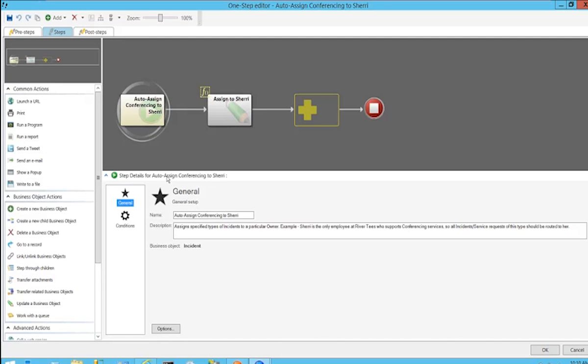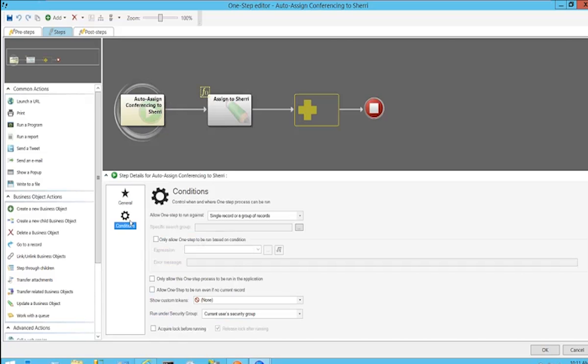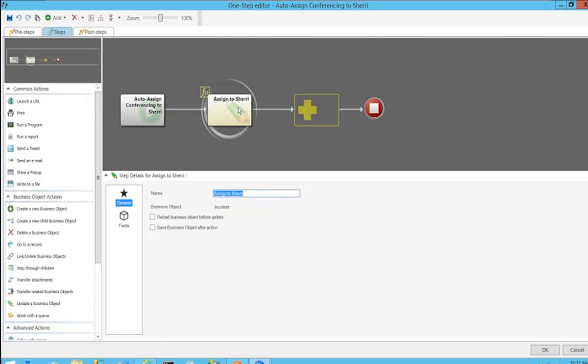You'll see that over on the left-hand side, we have a list of out-of-the-box actions or activities that can be leveraged. So you're not having to script those actions from scratch. You can simply use that built-in library of activities to modify the existing workflow. As an example, in this case, it's essentially looking for any tickets that fall under a particular category of conferencing. If it's a conferencing request, then we want to make sure that that request gets assigned to Sherry